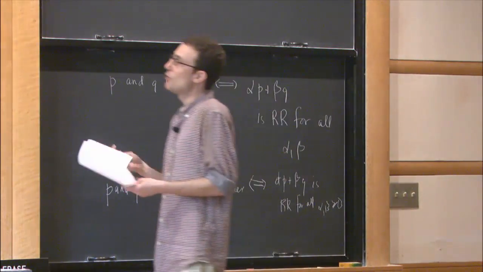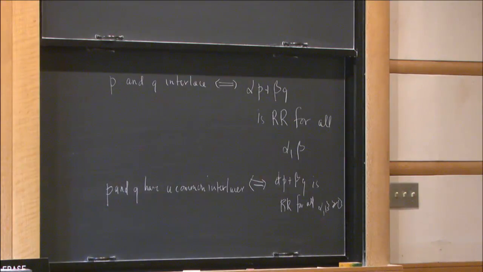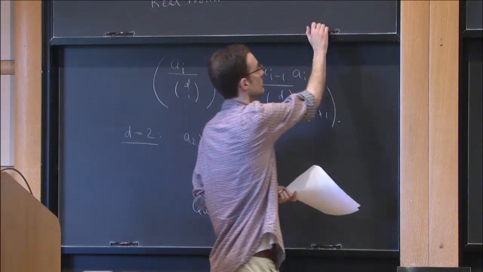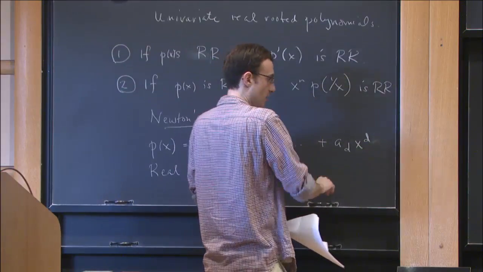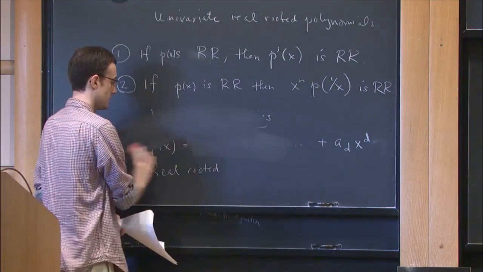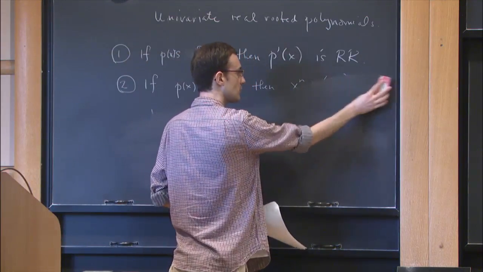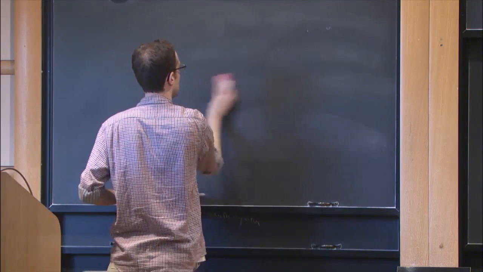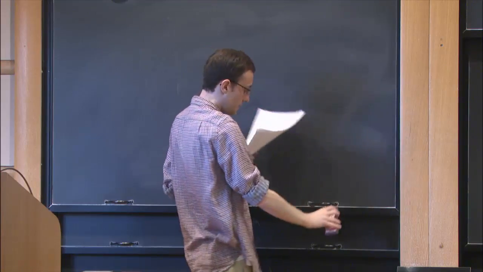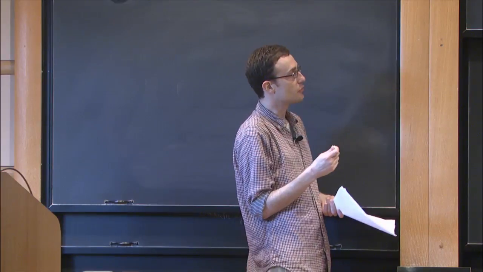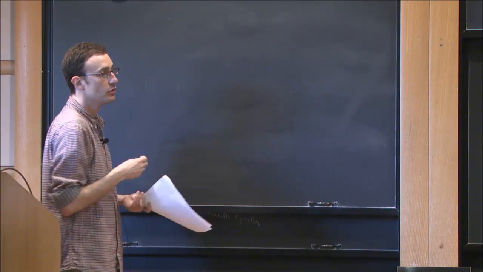Good. So then you might think, well, okay, real-rooted polynomials are very nice. How do I go about showing that something is real-rooted? If a polynomial came along and said, I'm real-rooted, that would be very nice, but typically that's not going to be the case. And it turns out that in order to really understand the way that you can prove things to be real-rooted, it helps to move to